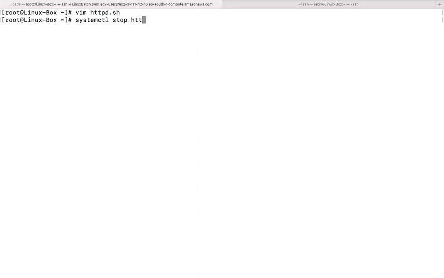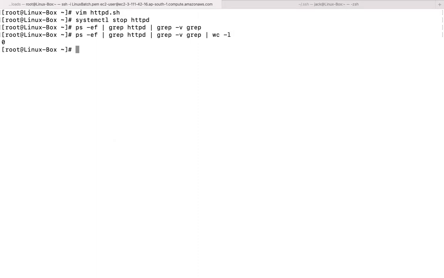systemctl stop httpd. Now, if I run the same command again, do you see is there any outcome of it? No, sir. Even it is coming 0. So now, if I run this command sh -x,